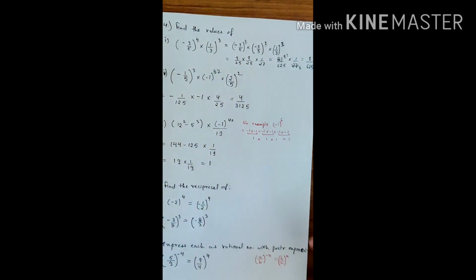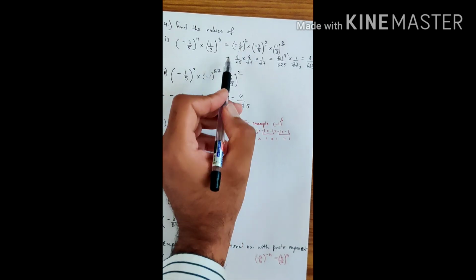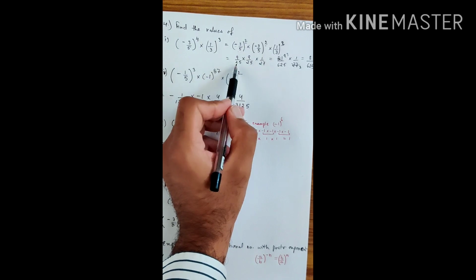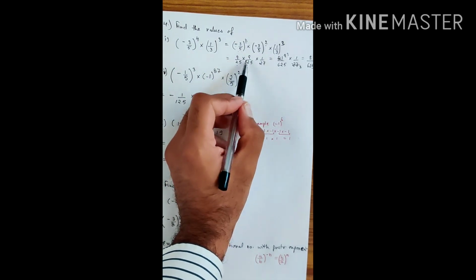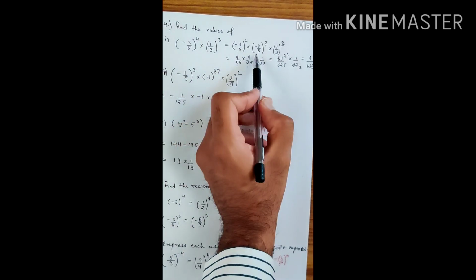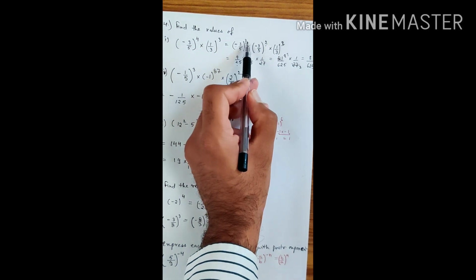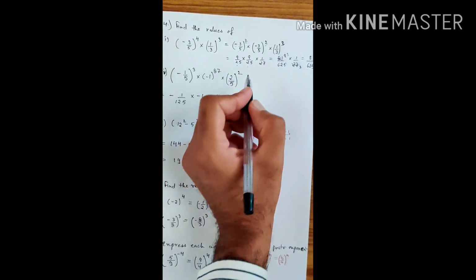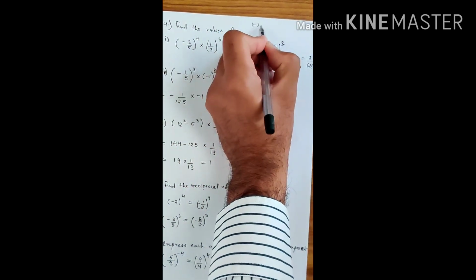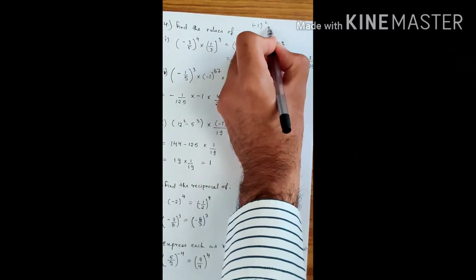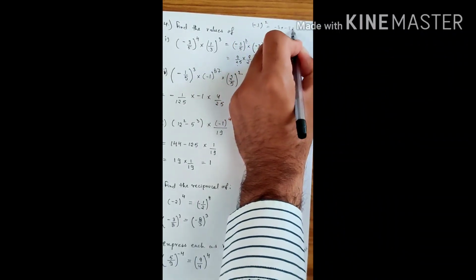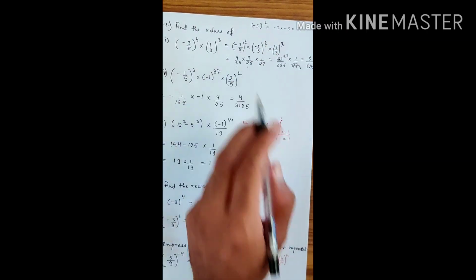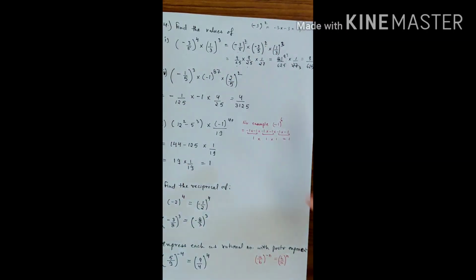Alright. Now I have taken the square of this. So 3 square is 9 and 5 square is 25. Similarly, again 3 square is 9 and 5 square is 25. And since it is having a positive power, the negative sign will go. Because if I write it like this, minus 3 into minus 3 will become 3 into 3 is 9, and minus minus is plus. So that is why we have eliminated the negative sign.